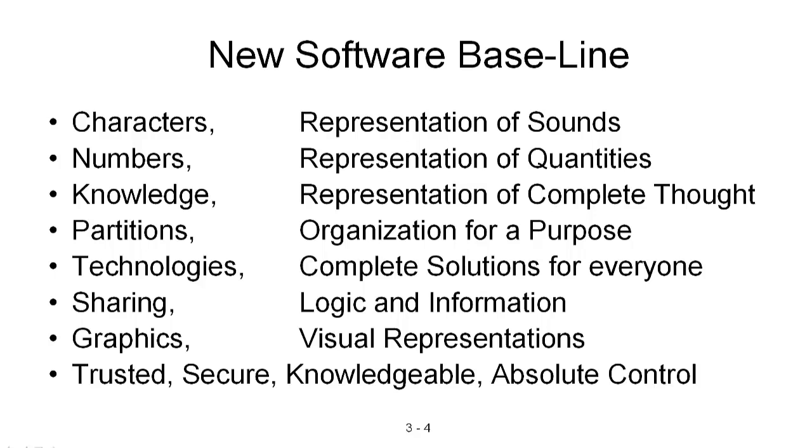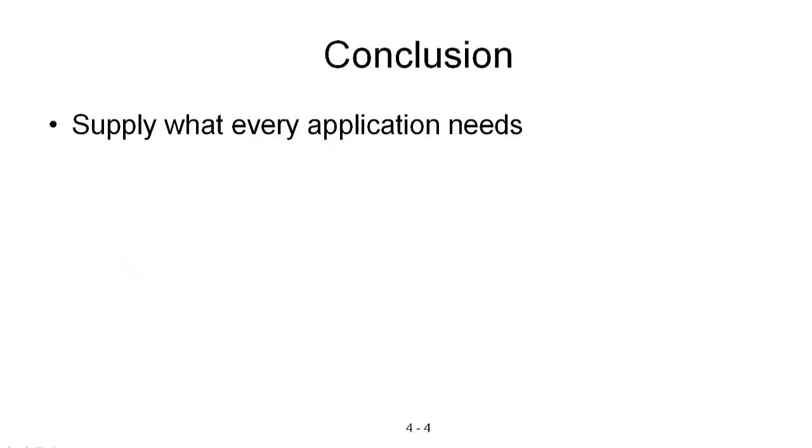Anyway, and then we want absolute control by the people that own the hardware. This is my hardware. I want absolute control of everything, of every application that's running on it. I want all the source code. I want absolute knowledge. My conclusion is we want to supply every application's need. The compiler, the system in itself, has all this logic that is very small. We're not talking about billions of lines of code. We're talking about